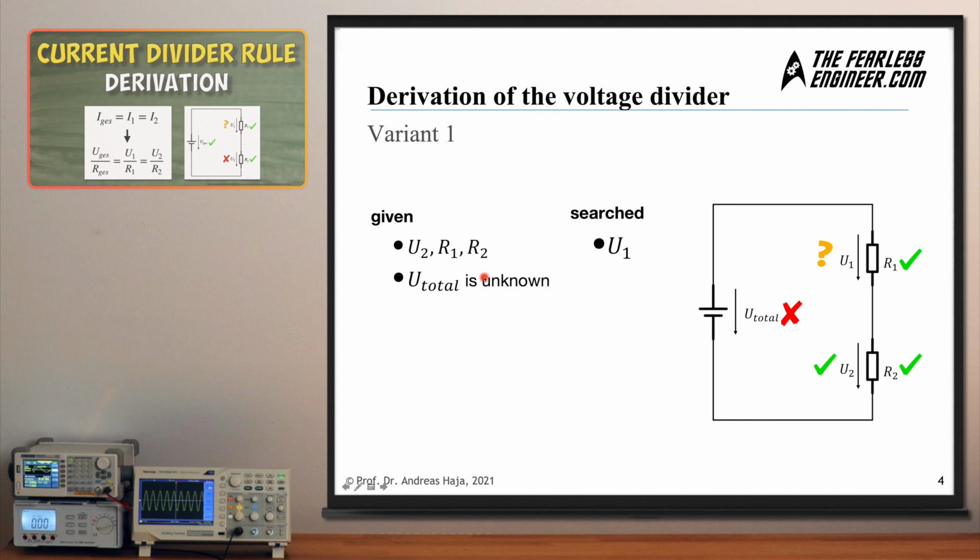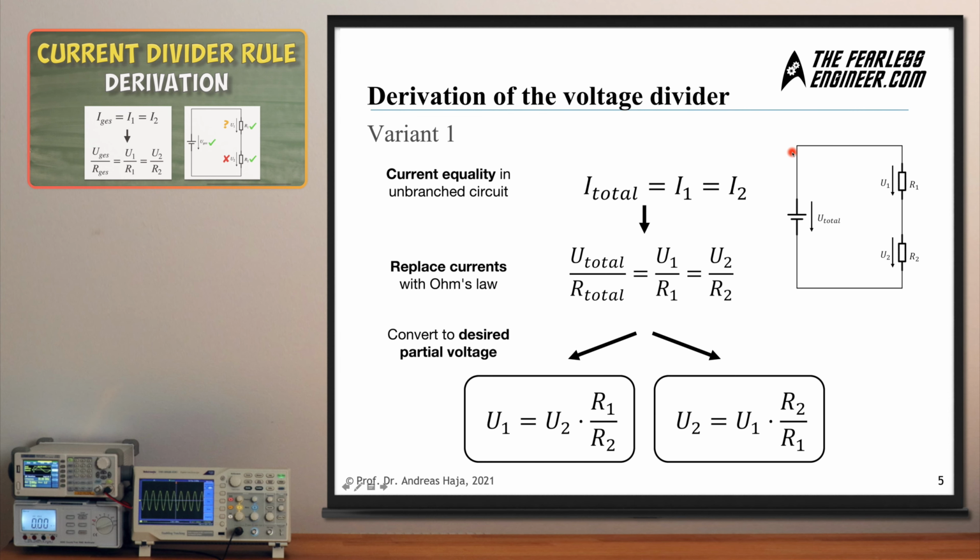Let's start with the first variant. In this variant here, we have not been given the total voltage of the source, but we have the voltage drop across the second resistor here. U2 is given to us. Also, of course, we have the individual resistance values, and we are looking for the voltage drop across the top resistor here. And the idea of computing the formula for this voltage divider situation is by exploiting the current equality